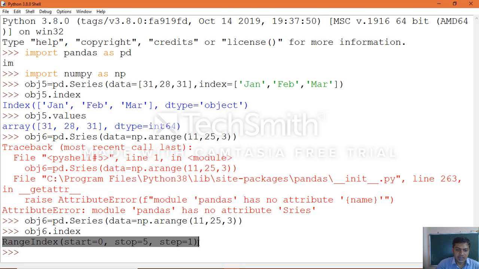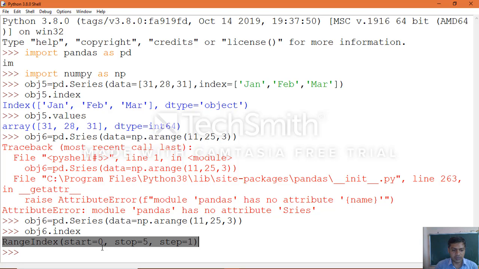Here the values specified, 11 is the start, and we know the arange function of the numpy module. The way it works, we start with the starting number and it goes up to the stop value minus 1, so less than the stop value. The difference here is 3, the step value, the interval. So 11 plus 3 is 14, then 17, 20, 23.